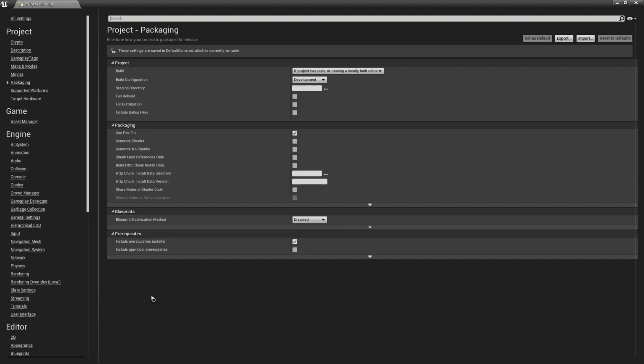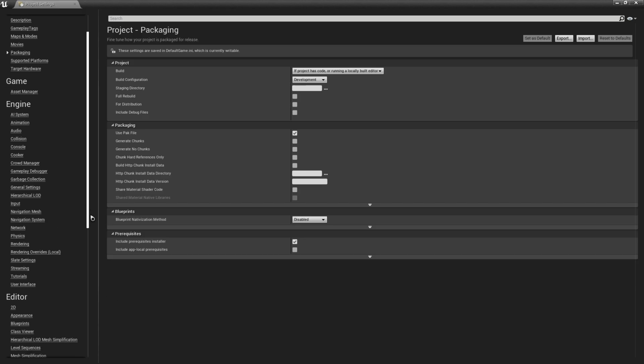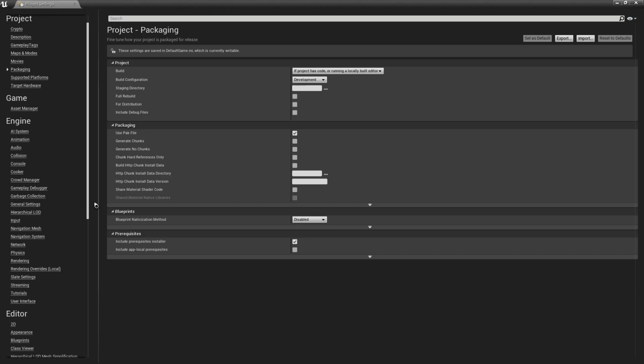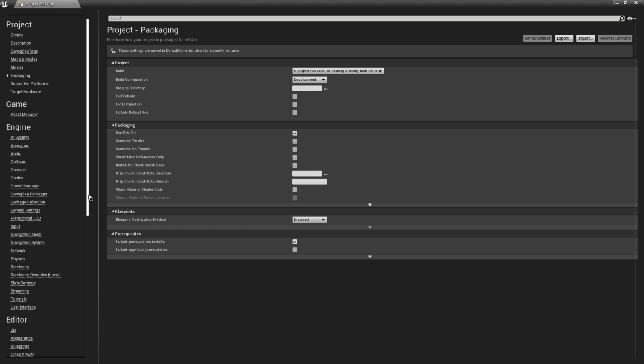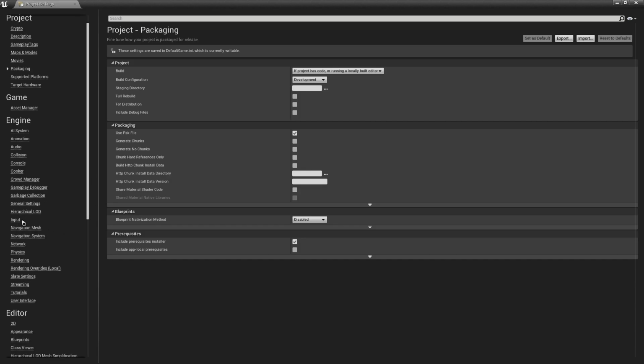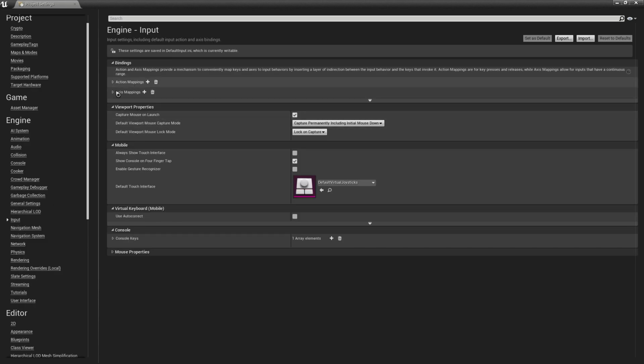This is where we are going to manage or add our input. So just locate the input in the package setting. In the input, we have the action mappings and axis mappings in the bindings.